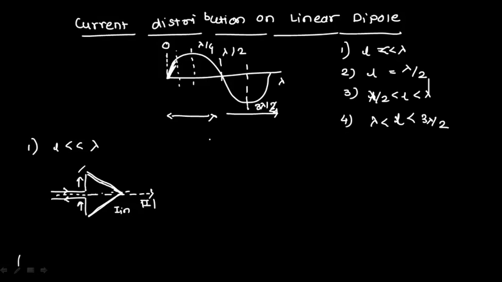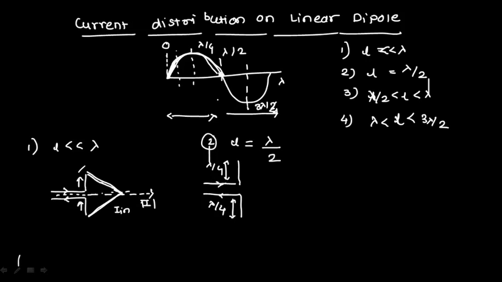Take another example of length. That length is exactly equal to lambda by 2. Lambda by 2 means what? ये पूरा का पूरा जो हाफ साइकिल है ये आपका lambda by 2 होगा. एक आपका lambda by 4 लेंथ का होगा, दूसरा lambda by 4 का. So if you are going to draw this dipole, this length will be lambda by 4 and this length will be lambda by 4. ठीक है, and collectively it will be lambda by 2.